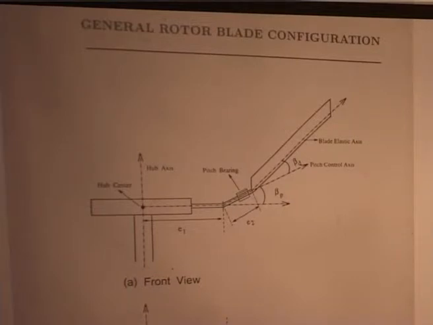In that problem, pre-droop gives some damping, but it will increase the vibratory load, okay, in lead lag. But pre-cone will not give the damping, but it will reduce the load. So, you have to see the trade-off, what you want, okay, whether you want higher vibratory load, not mean load,